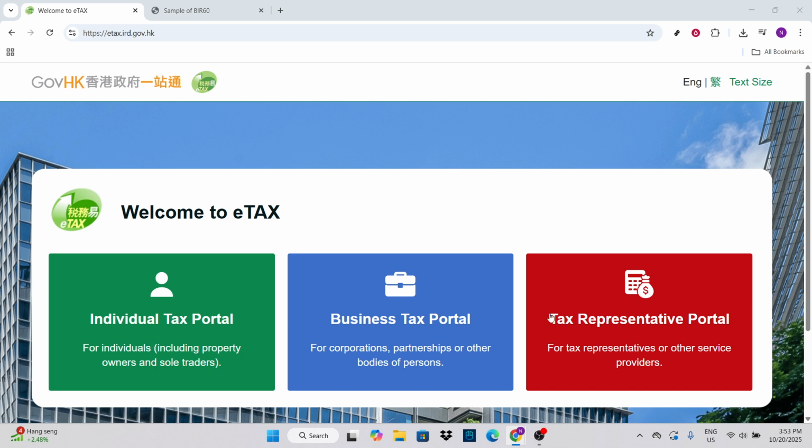First, let's head over to the website you'll be working with today. Open your preferred browser and navigate to https://etax.gov. This is the official Inland Revenue Department site where you'll find all the tools and resources necessary for setting up